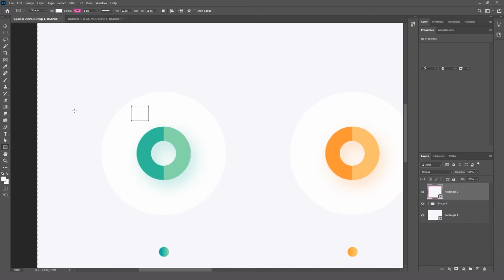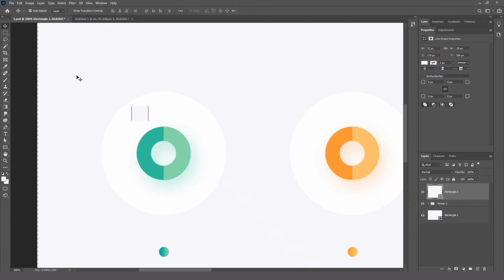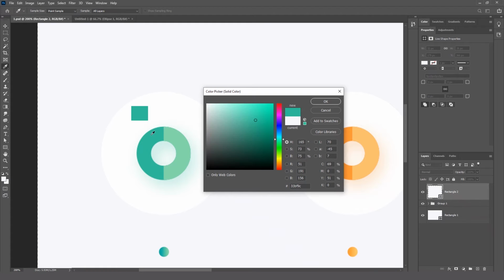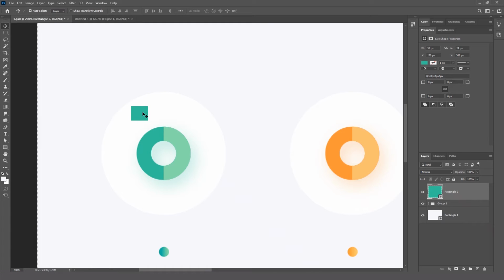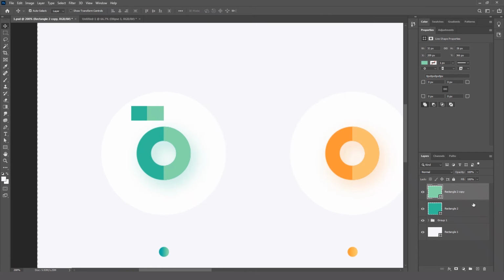I'm going to remove this. I just want these things, I double click this and copy this color over here, and then I want another color, this one. So now I have the two green color values.